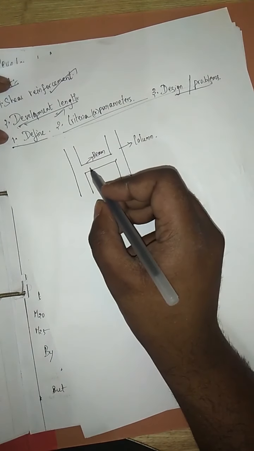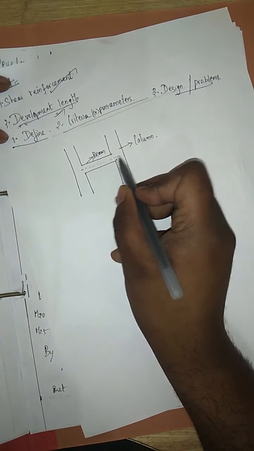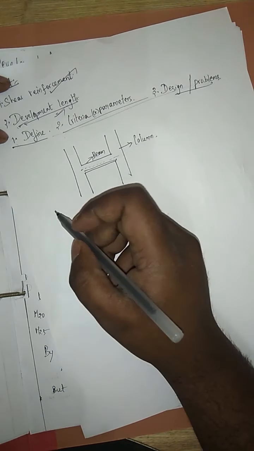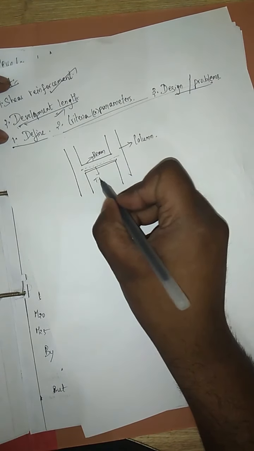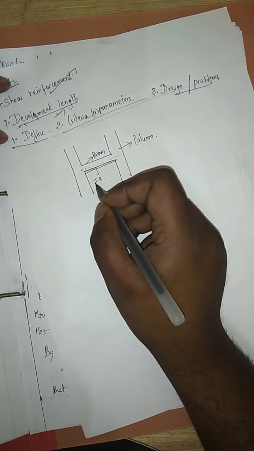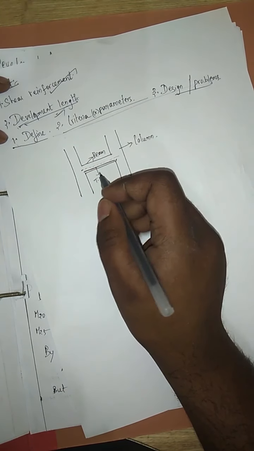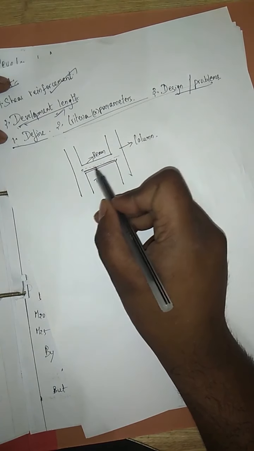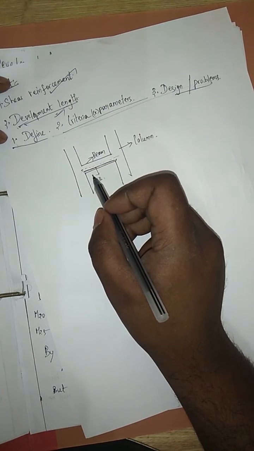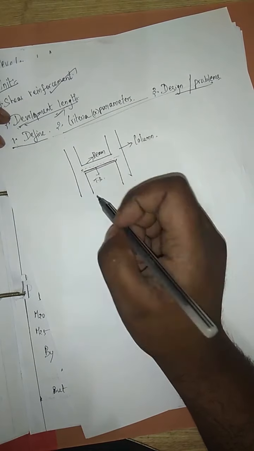In every member, under the neutral axis, we will provide a bar. That bar is called the tensile bar. Why do we provide this tensile bar? In order to resist the tensile stresses in the beam, because the beam is weak in tension. If we provide a tensile bar in the beam, this bar will take the tension. You all know this basic concept. Why are we providing the bar in the beam?